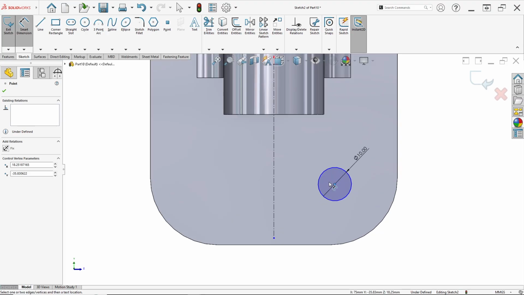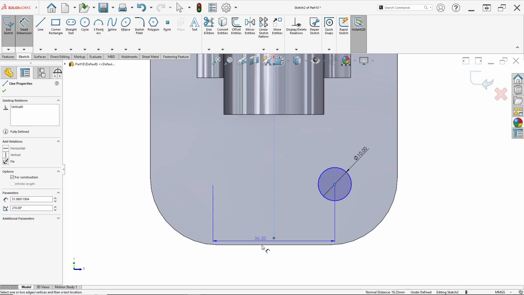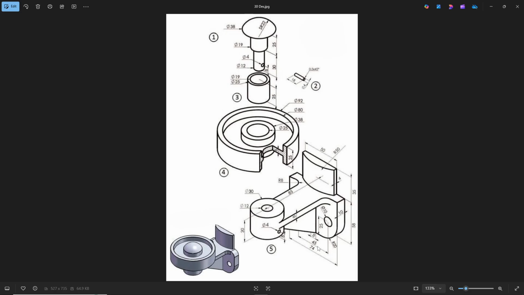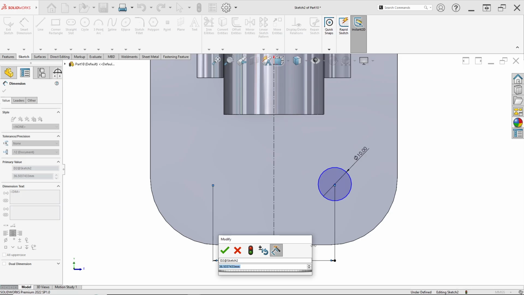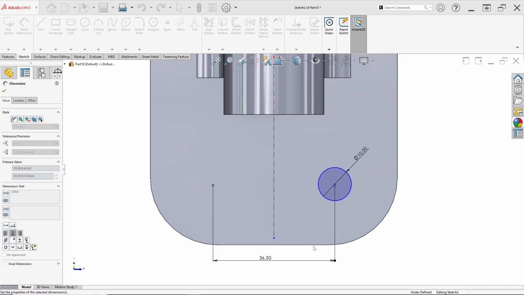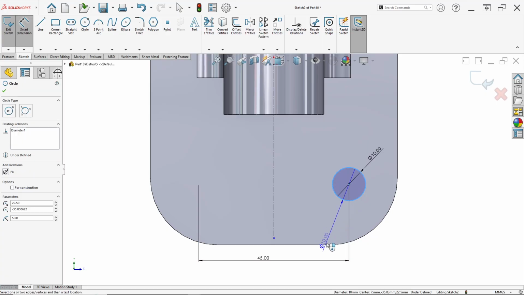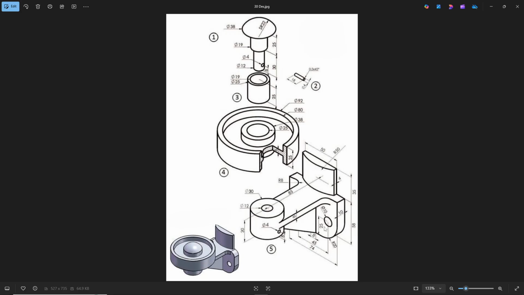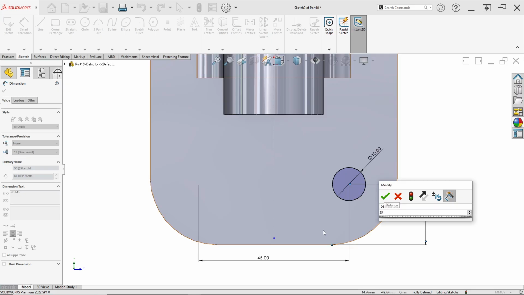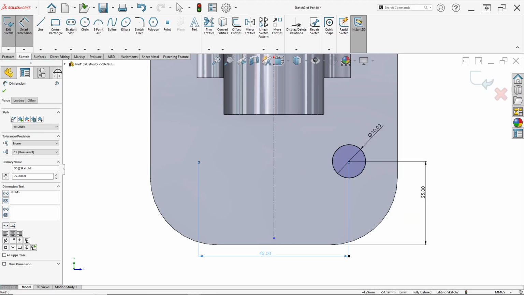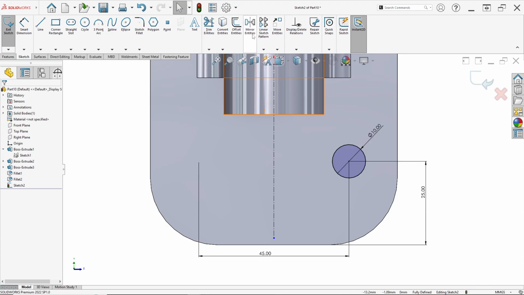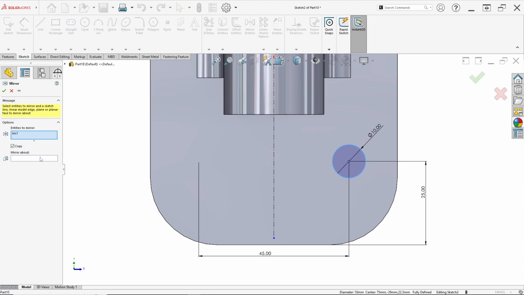This center of circle to this center line has distance of 45, and this circle to this edge has distance of 25 millimeter. And we can mirror entities for this circle, and mirror about, just select this center line.